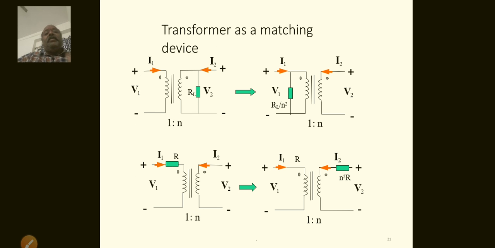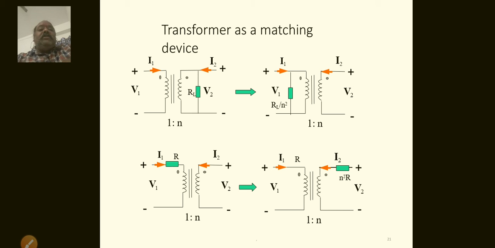So the transformer is a matching device. What is the transformer actually? Transformation of energy from one form to another form is called a transformer. A transformer consists of two windings, primary and secondary, with N1 turns in coil 1, I mean the primary side, and N2 turns on the secondary side, with applied voltages V1 and V2 respectively for primary and secondary, and here current I1 flows through that.